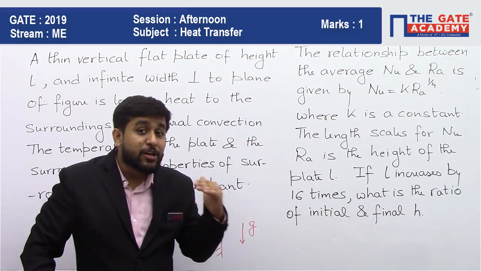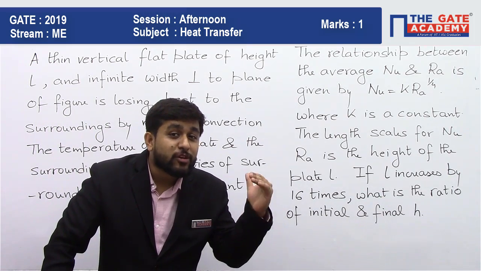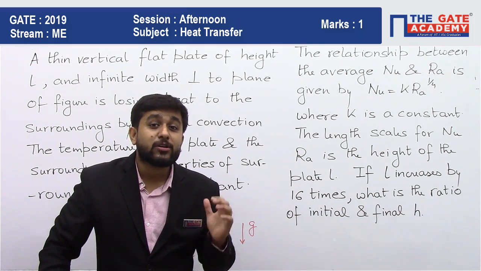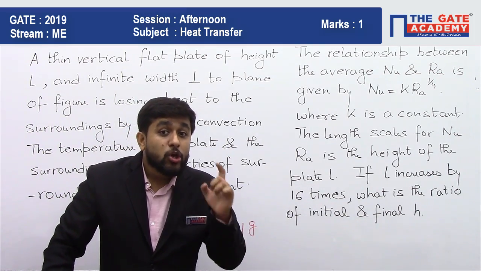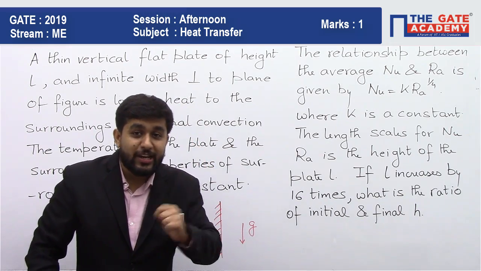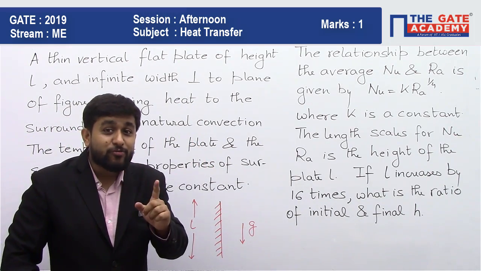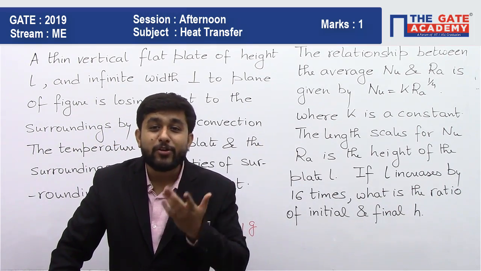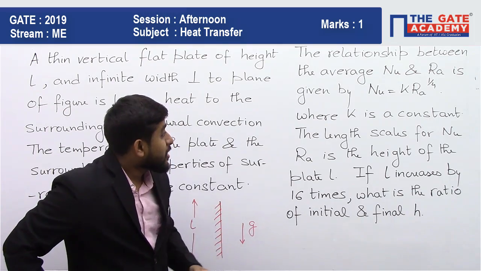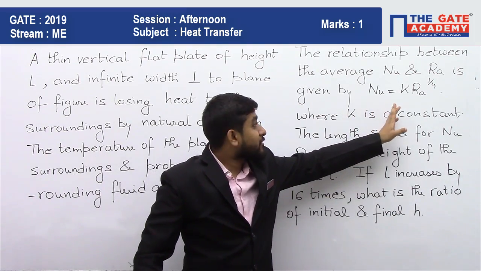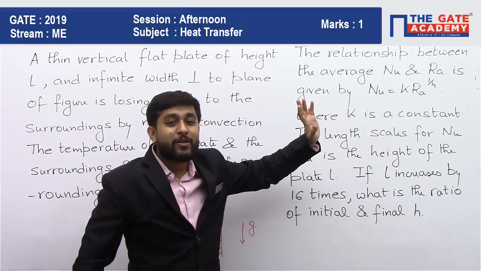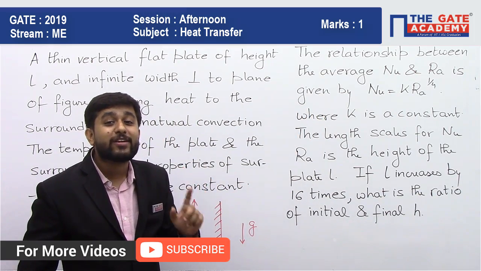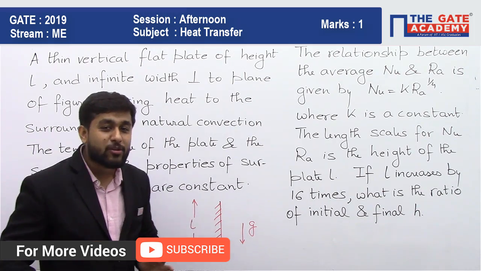Now what I said is that Rayleigh's number is the product of Grashof number and Prandtl number. Prandtl number is dependent on fluid properties, but Grashof number is dependent on cube of characteristic length, right? So basically Rayleigh's number is dependent on cube of characteristic length. Now what we have is Nusselt number, Rayleigh's number raised to power 1 by 4. So basically Nusselt number is dependent on 3 by 4th power of the characteristic length. So this is what we have to remember.